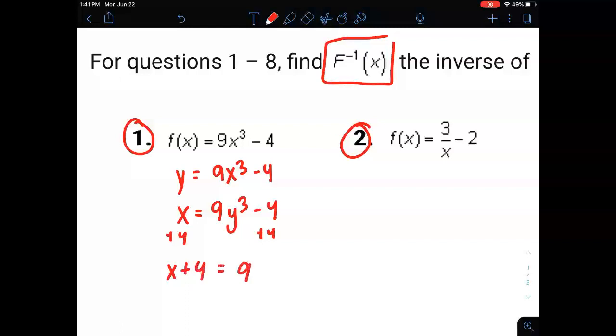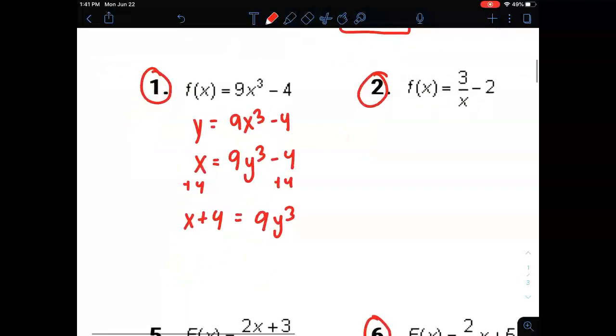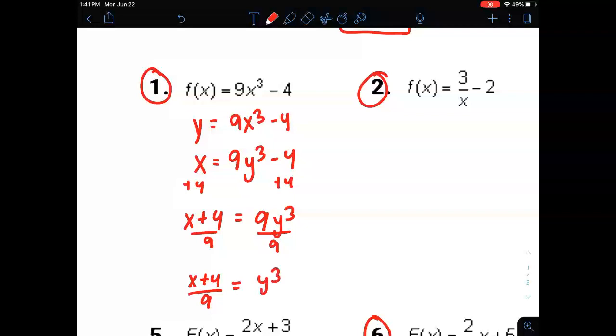So x plus 4 equals 9y cubed. All right, then I'm going to divide both sides by 9. So I end up with x plus 4 over 9 equals y cubed. All right, and then to undo a cubing, you have to take the cube root of that. And what that looks like is there, right? So cube root,